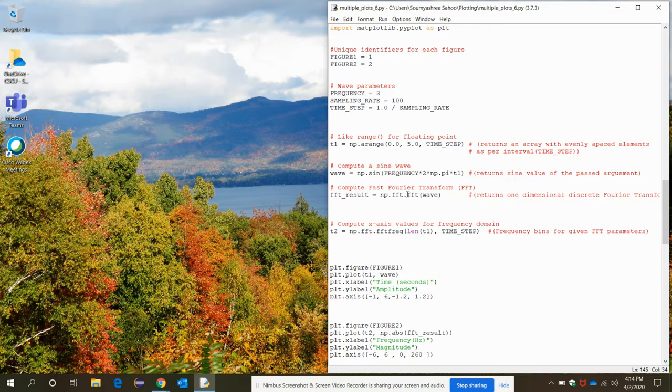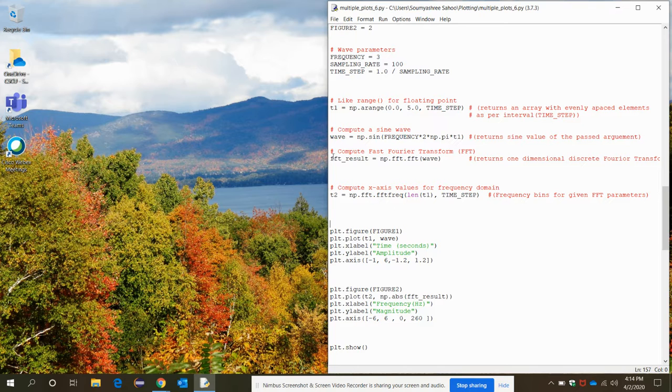Then the fft function of the NumPy library will calculate the one-dimensional discrete Fourier transform result values. Lastly, the t2 argument is for the frequency bins of the FFT, or fast Fourier transform, parameters. Using all those four values, we are going to plot two graphs in two figures. So if I run the code,